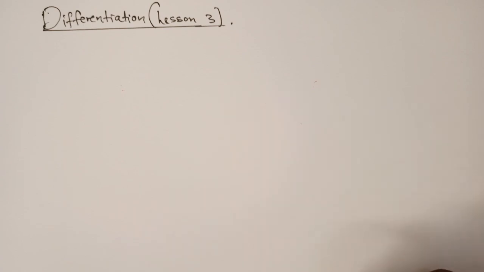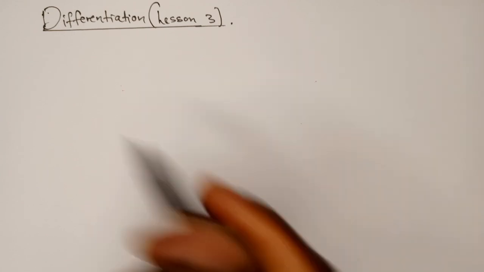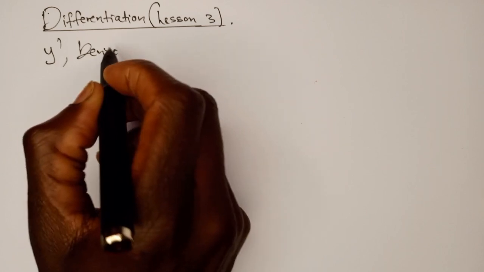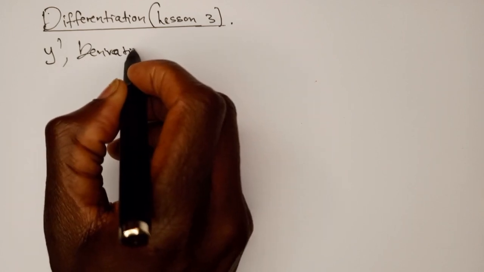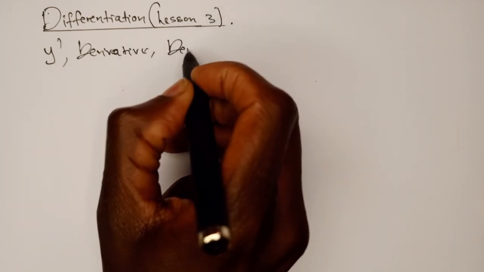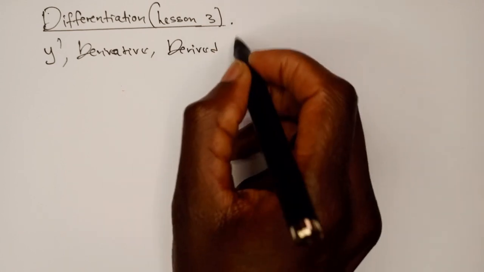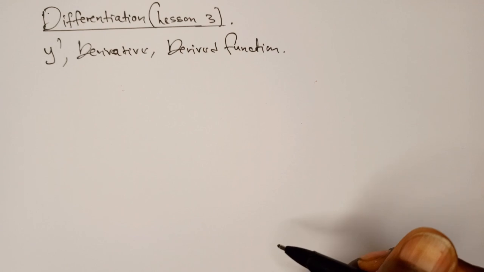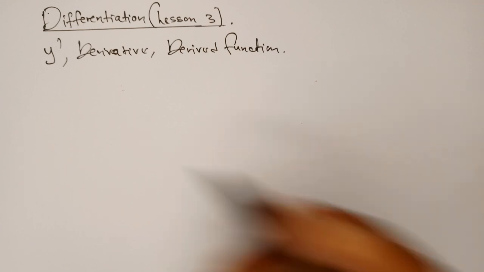So we said in our previous lessons that differentiation is simply getting the gradient function of a curve. Other names that we use are y prime, the derivative, or derived function. So those are other names that you can use when you want to say you're differentiating. So for example,